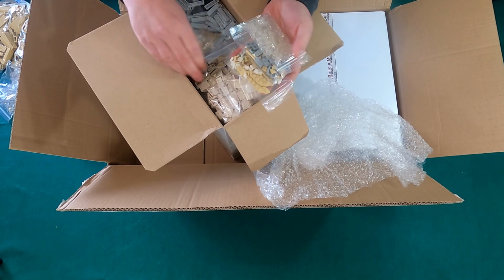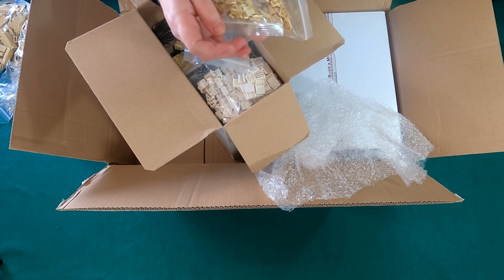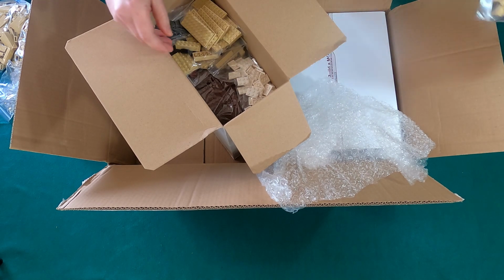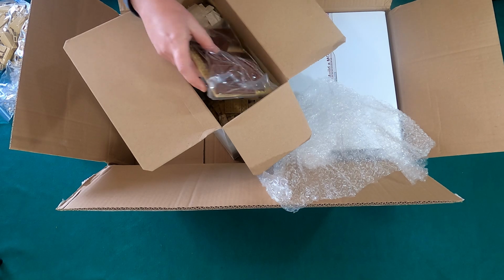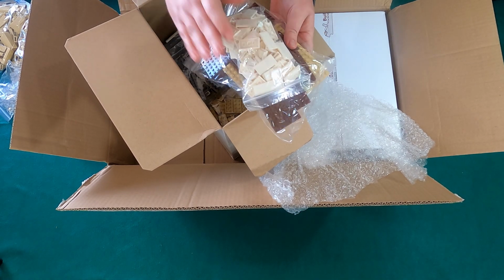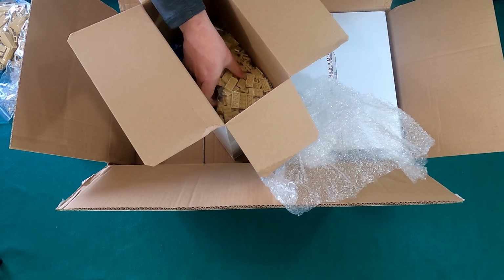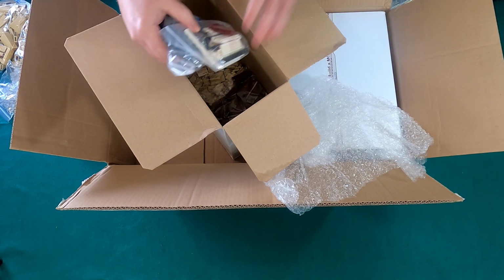Oh, so we got some smaller parts up here, more transparent pieces. Some tiles, a lot of small stuff in here. Put that over to the side. We got brackets, plates, tiles in there, more plates, a lot of slopes, plates and brick and 1x brick. I think this must be part of the exterior section of the building. So more tiles, a lot of white 2x4 tiles, more Technic brick, more tiles, some Technic beams, a lot of 2x4 plate, some assorted bricks in there, more plates,